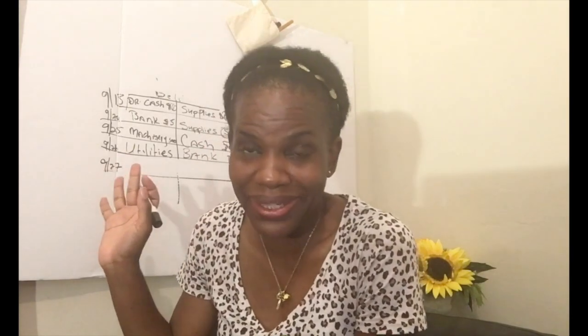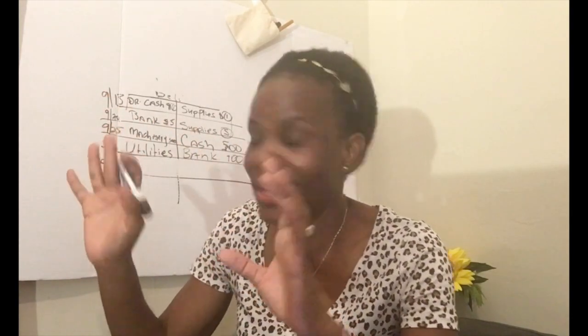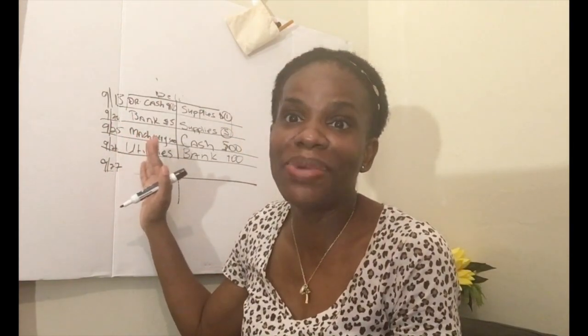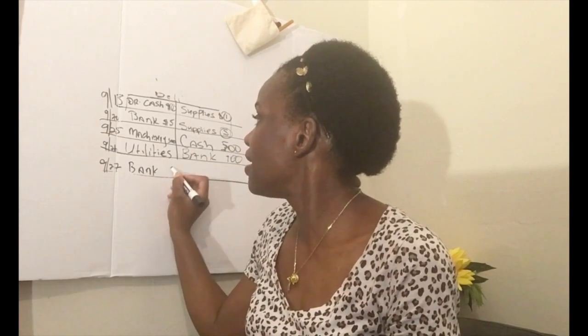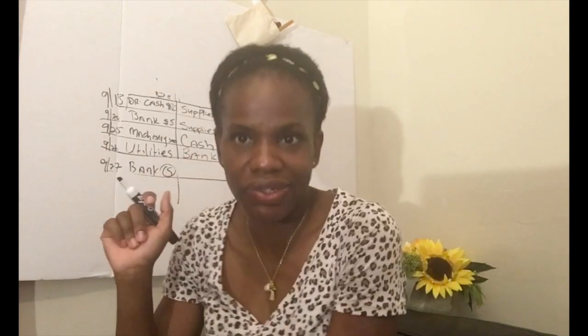We receive what is coming in. We're getting extra cash, right? I don't know what's going on the credit side, but let's do one side or the other. We know the date, and we received interest on our bank account, so our money is going up. And once our cash or our bank is going up, we debit the receiver, so we're receiving money. So it would be bank, right? $5.